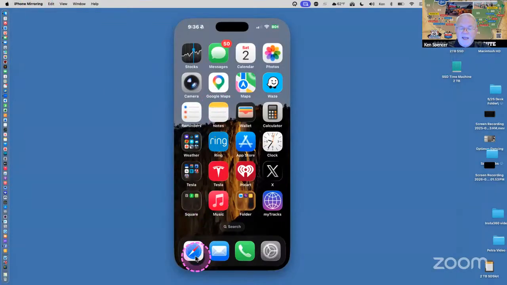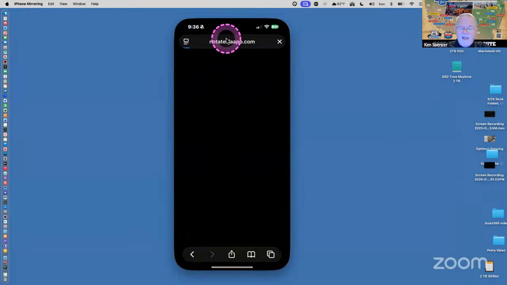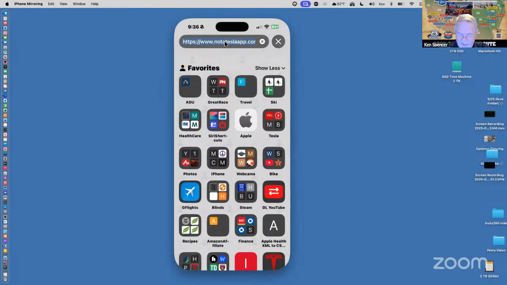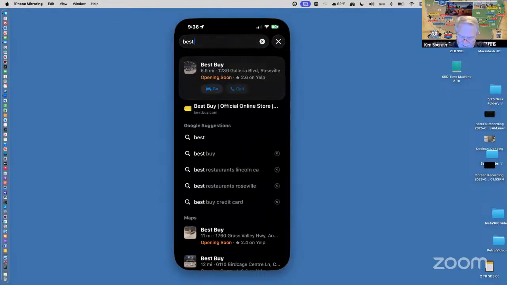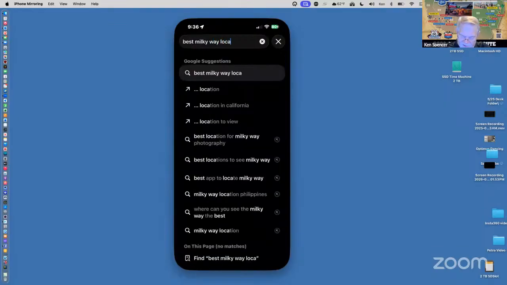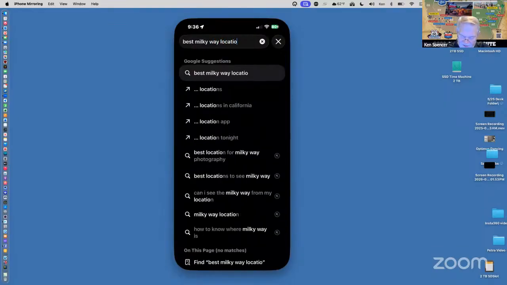On the iPhone, if I go to Safari and I type, let's see, up in the top, I type best Milky Way locations. That's why I'm going to Monument Valley for